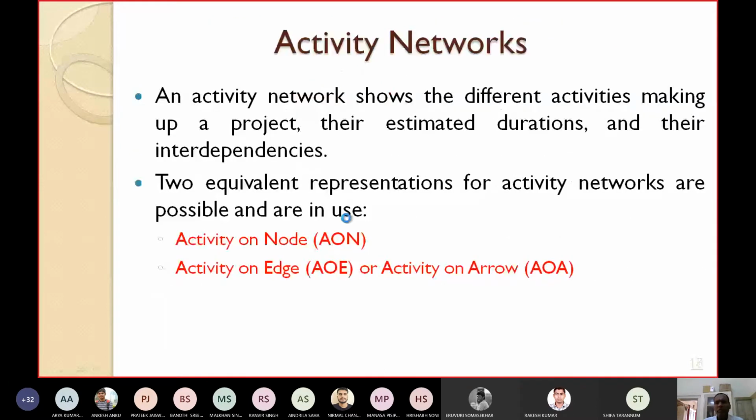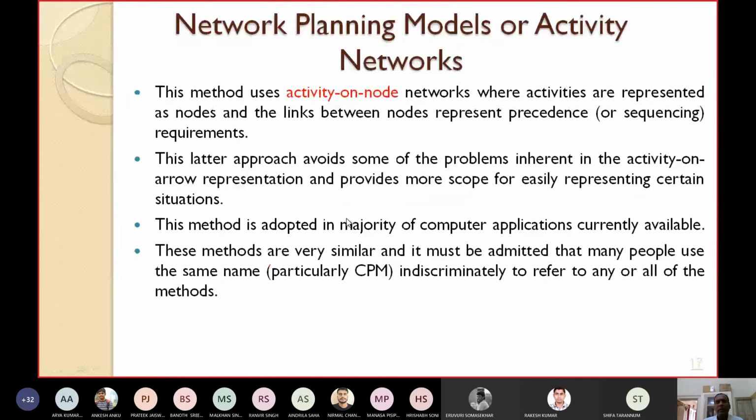Many people use the same name, particularly critical path method, indiscriminately to refer to any or all of the methods. Whatever methods you use, those are based on activity on node networks. So normally people call them CPM, critical path method, and nowadays people popularly use the activity on node network in comparison to the activity on arrow network.